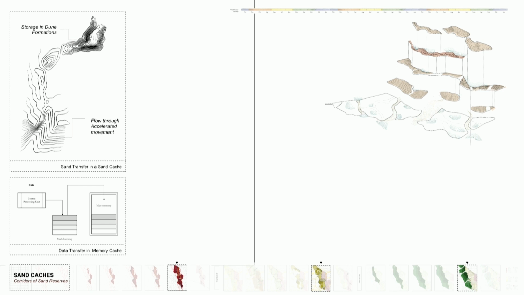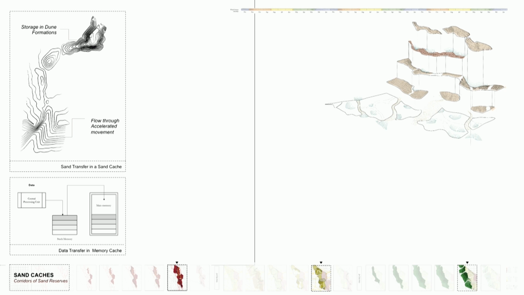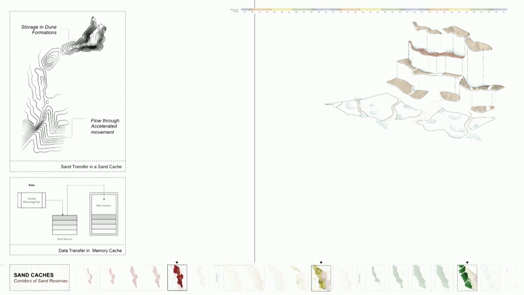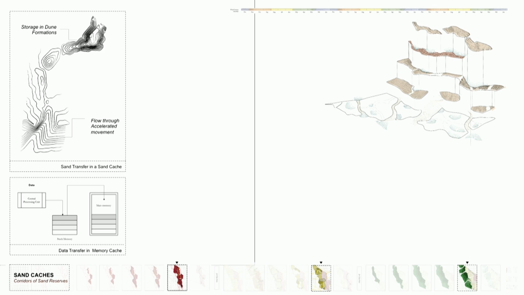The sand is a resource that enables them to cultivate. Because of the sand, they don't have to irrigate their fields, because it acts as a layer of protection of the moisture. So in certain areas, we had these sand caches where the sand would flow more freely and be more accessible to the fields that were downwind of the sand flow.